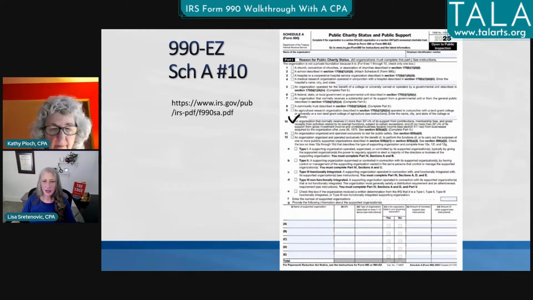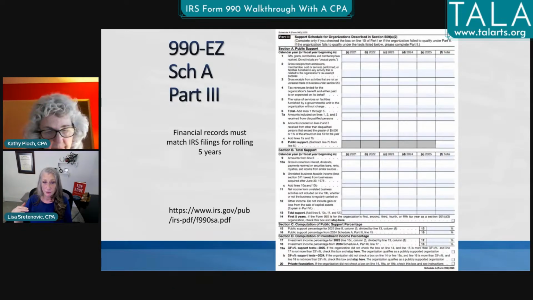Of all of the organizations that TALA works with, they all check 10. But you can talk about the difference between 7 and 10. So the next slide: if you check 10, then you drop down to Part 3. If you have to check box 7, then you fill in Part 2.